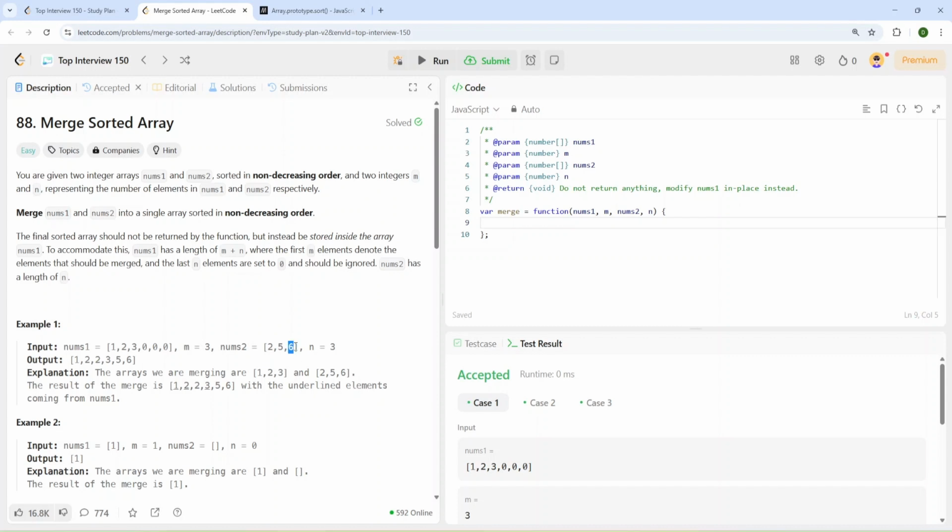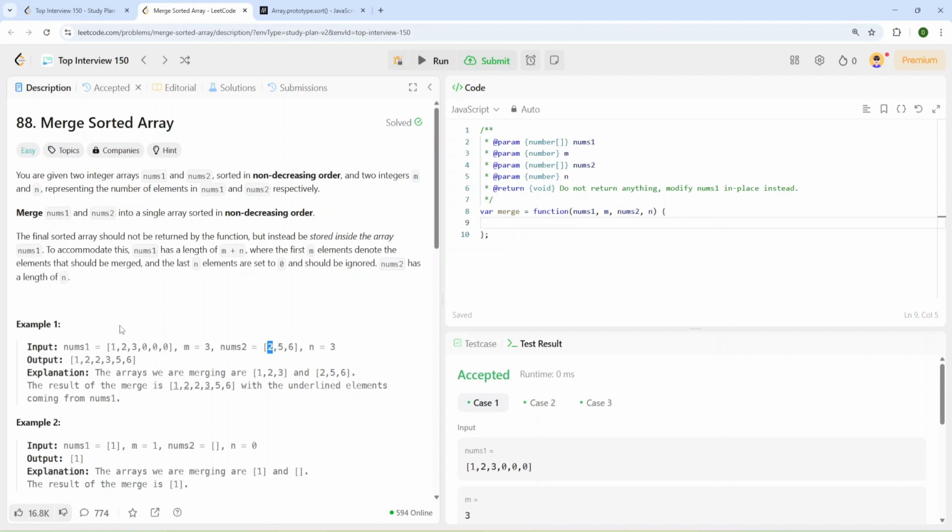So for 6, I'll move to the next element, 5, and for nums1, I'm going to stay on 3, and then I'll compare 5 and 3, and we'll place 5 here, and then we'll move one step back.